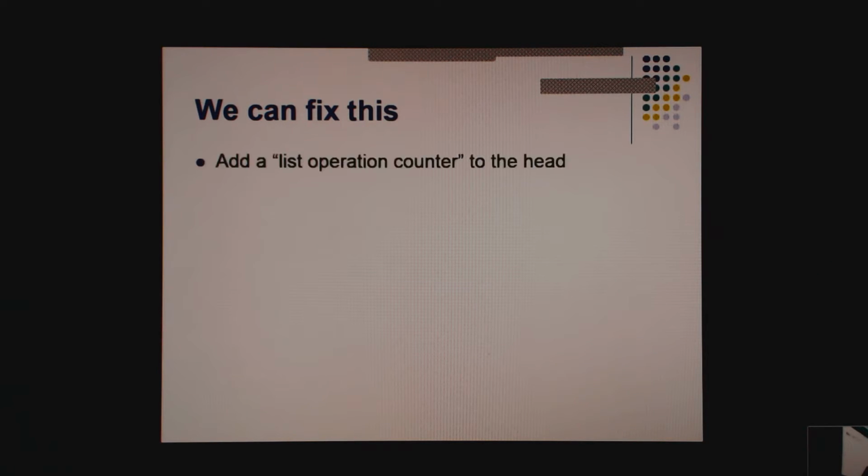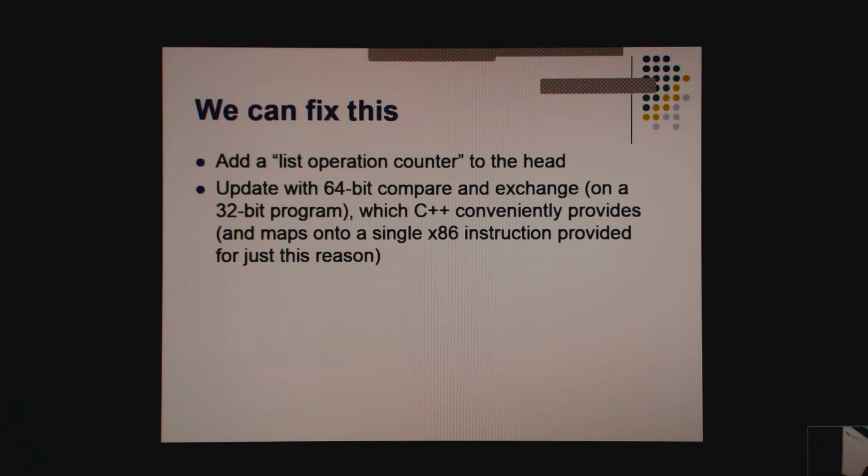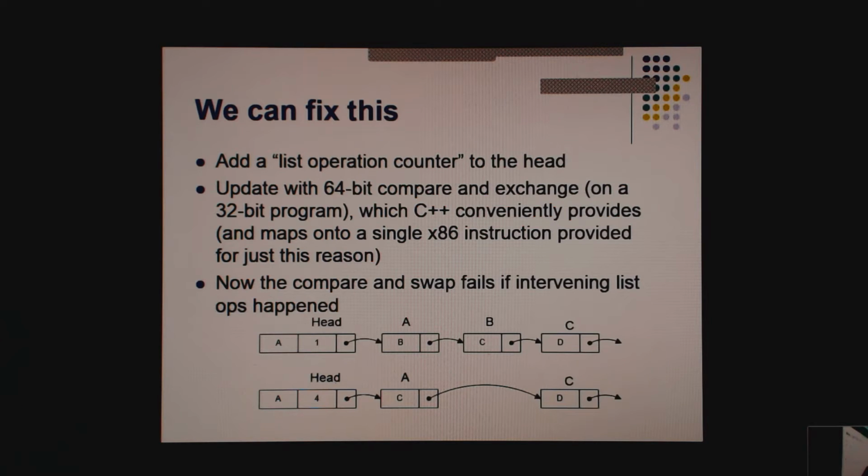So what we'll do is we'll add a list operation counter to the head that's incremented every time the list is modified, and we'll atomically update both the list pointer and the list counter with a 64-bit compare and swap